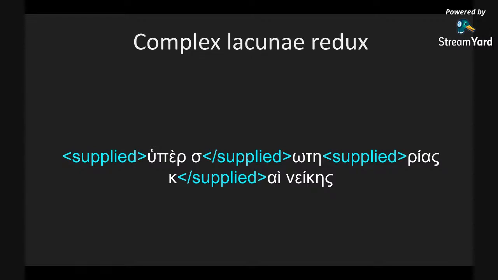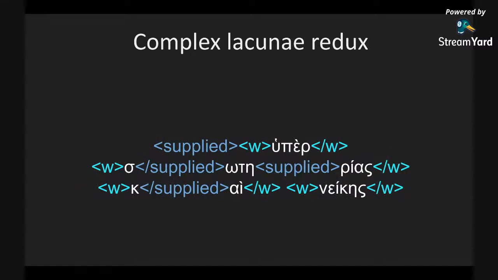Which means, and note again that this should be supplied reason equals lost, but so as not to clutter up the slide, I'm assuming we all know that attribute is there, and leaving it out for this example. If we were to tag the words in here as well, we would have a slight problem, right? We've tagged the supplied where there were square brackets in the Leiden. We've tagged the words where there are words in the text, and as soon as we've typed this into our